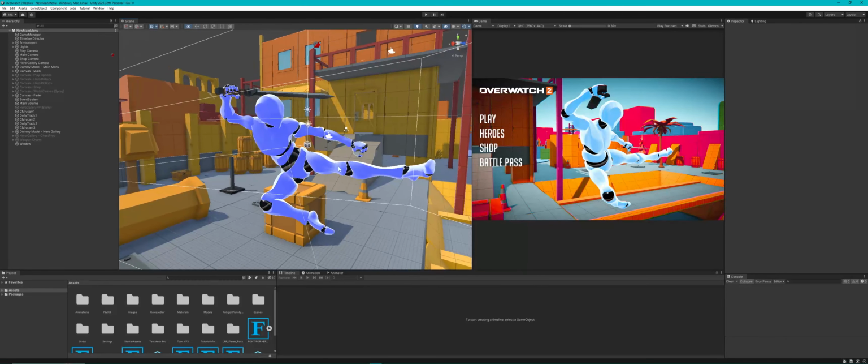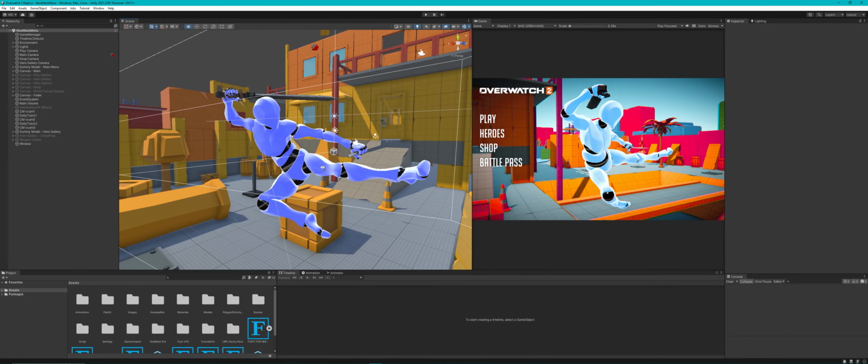As you can see, we have a character here doing an action pose, and I have several cameras placed around this character. It is inspired by the Genji mythic skin in the Overwatch 2 Season 1 main menu, where they showcase the skin for the said character. I have 3 cameras. 2 of them use a dolly track to create smooth movements, and the third one just focuses on the character model. As you can see in the timeline director component,